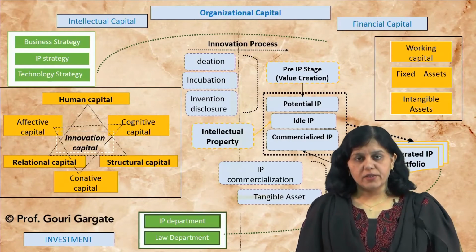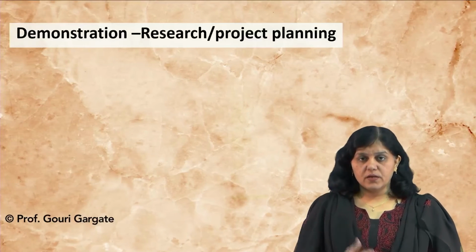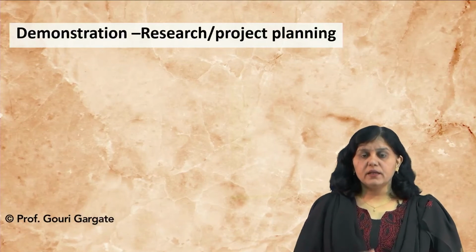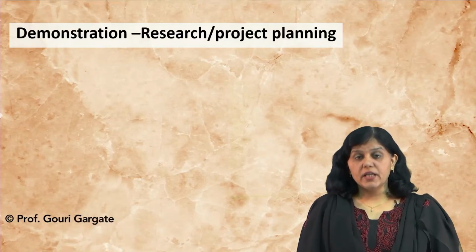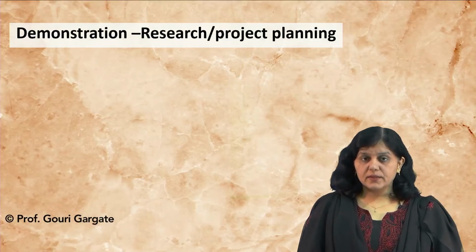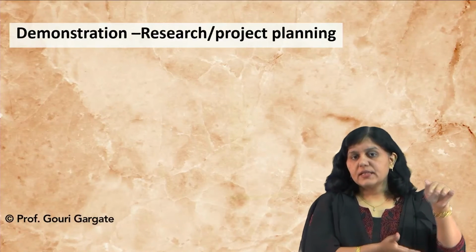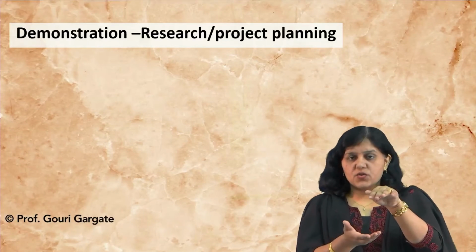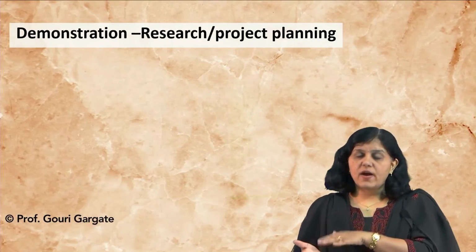Those strategies are determined. So in all, what is happening here is that you can see the role of the IP department and the legal department, how the different strategies work, and how intellectual capital and assets are important. You can see how the process moves from the invention stage to invention disclosure to actual IP commercialization, moving from the investment side towards a financial gain, right?